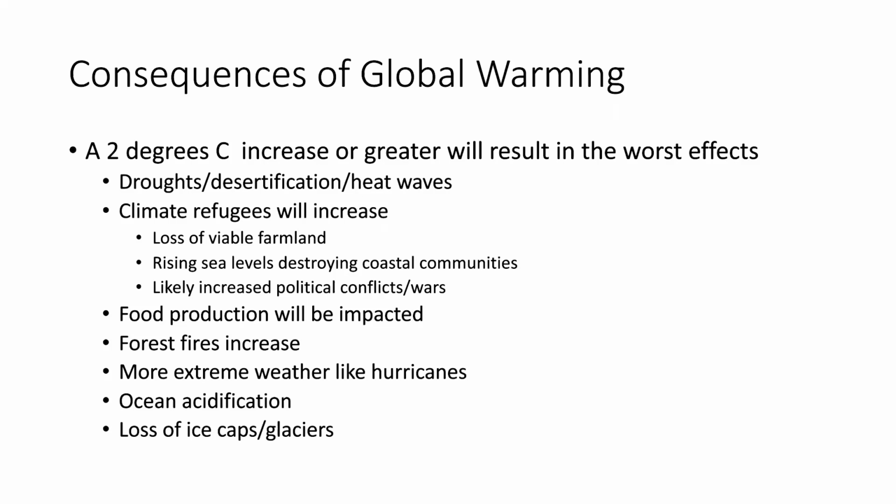We're going to see the continued decrease in the amount of ice caps and glaciers. That's going to increase the sea levels, which is going to lead to climate refugees. Same thing with the loss of farmland. And then all of that's just going to lead to increased, at least potential, conflicts, even leading to wars. So there's a whole bunch of negative